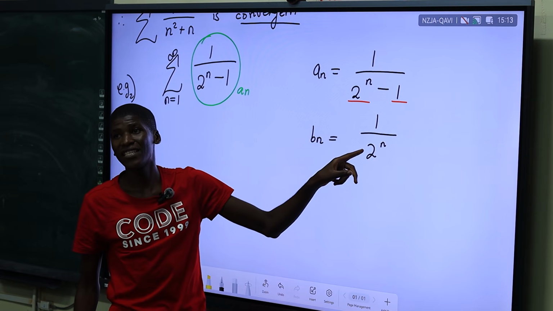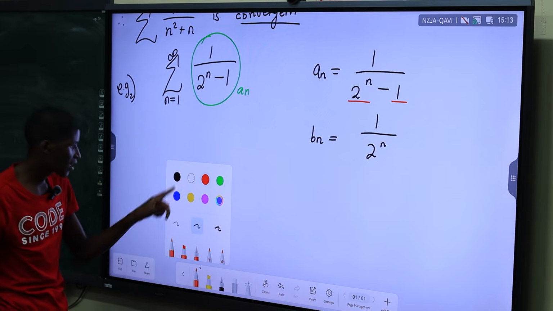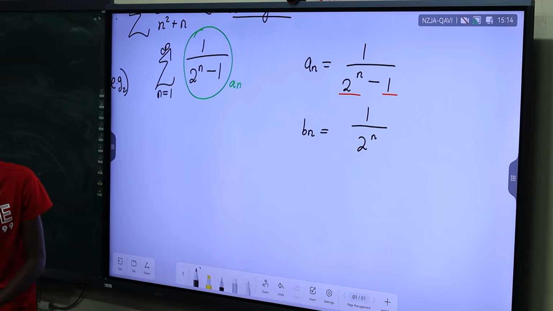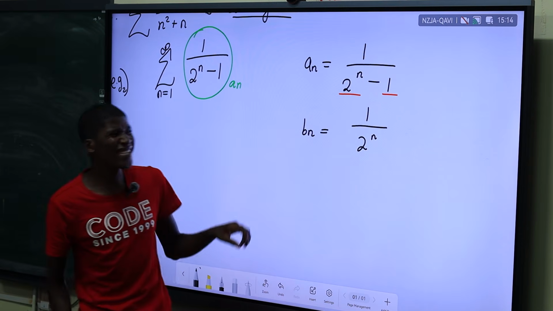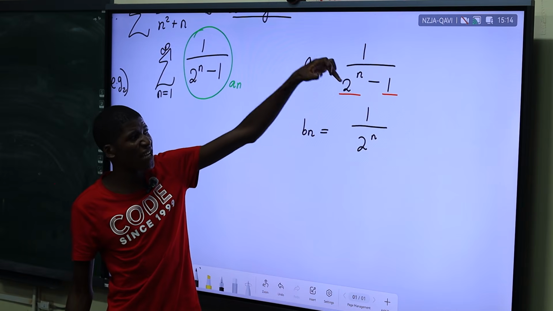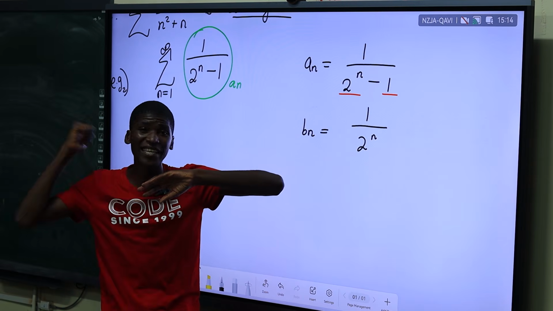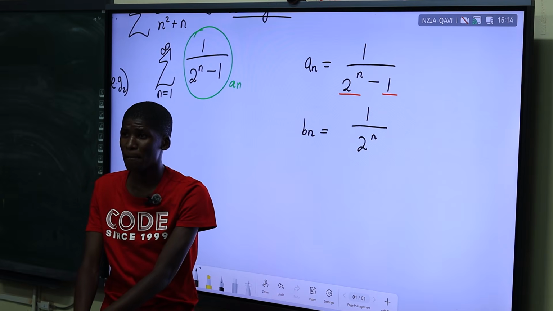We only write this one. We make the other one insignificant, we only write this one. Okay? So, our AN versus our BN. Now, at this point, can you compare these fairly? Let's see, can we try to compare them without using limits, before we say when we use our limits? Let's compare AN and BN. 2 to the power of n minus 1, that's not 2 to the power of n. Let's just compare the denominators themselves. We attempt the comparison test. Which denominator will always be greater here?